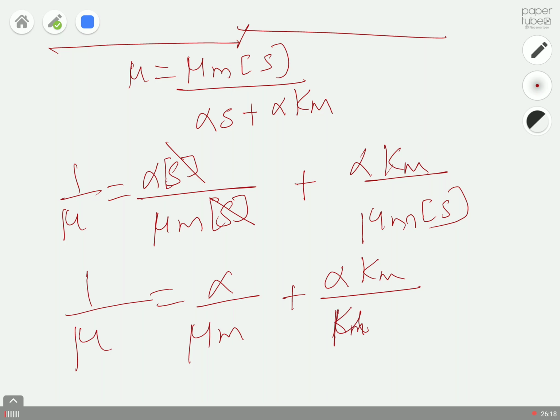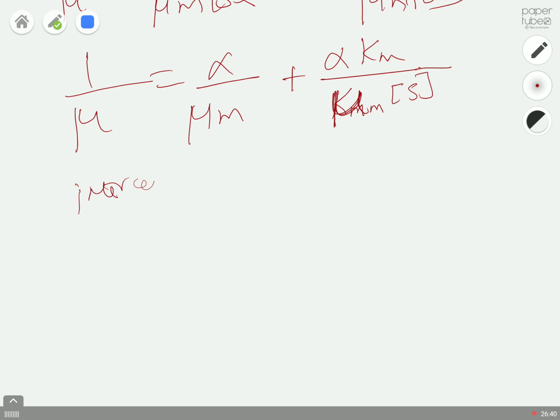this is your mu m multiplied by your substrate concentration, yes, Km. So from the slope value, you already calculated your Km value. From the intercept, you can calculate: intercept will be equal to alpha by mu m. Therefore, mu m will be equal to alpha times